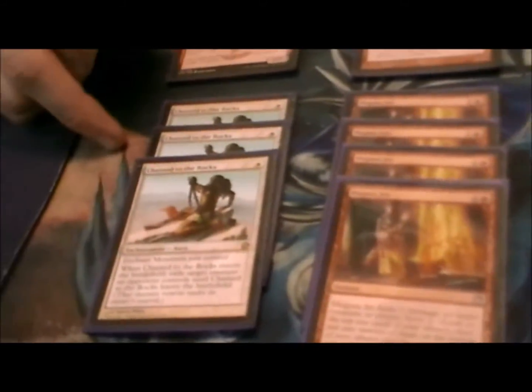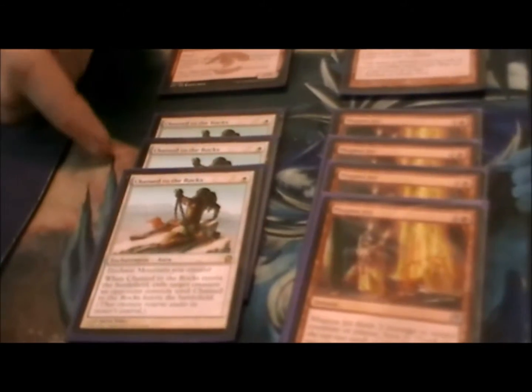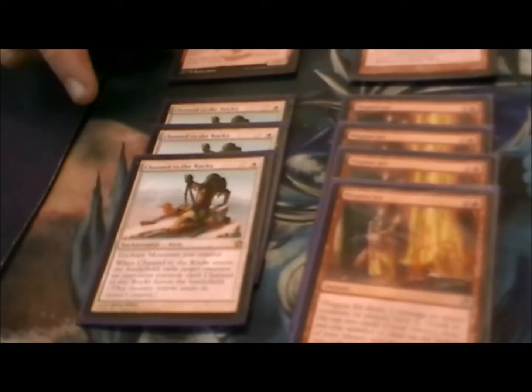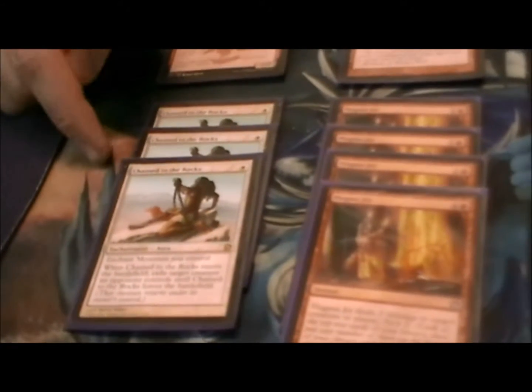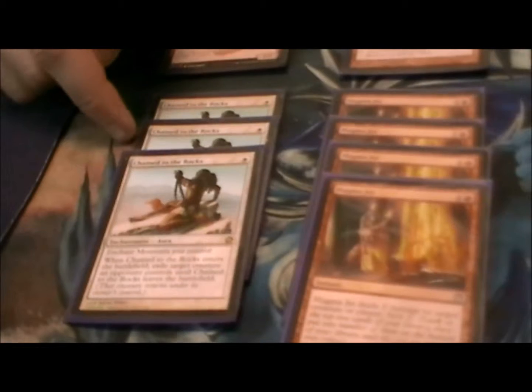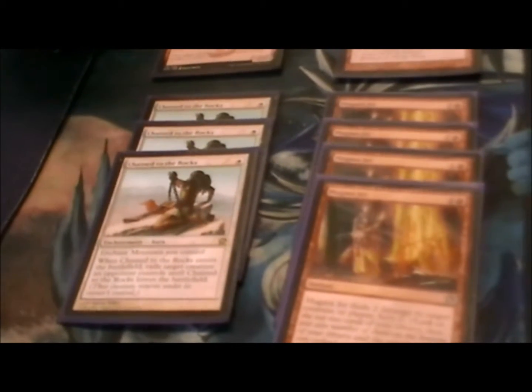You also, obviously, like I said, you've got Chain to the Rocks right here. I've got 3 in the main board, 1 in the side. This is really good when you're playing against mono green. Any type of mono green midrange right now is just insane when they get their blockers out and you can't beat them, especially because we have flyers in the late game, and it's really tough to get past that